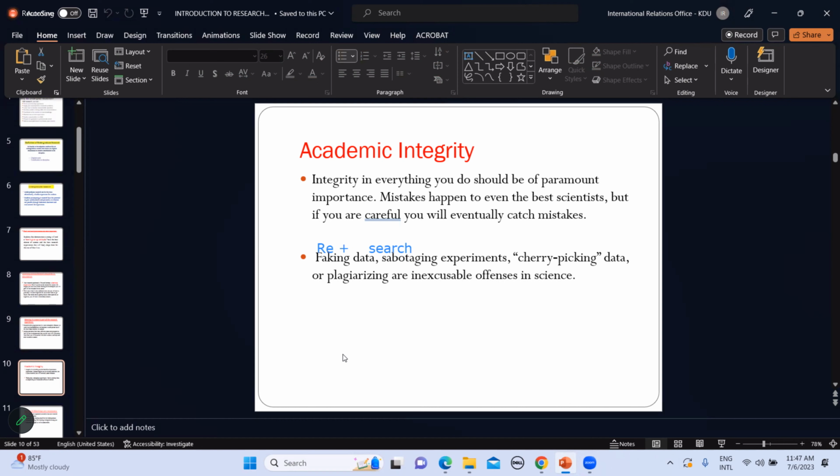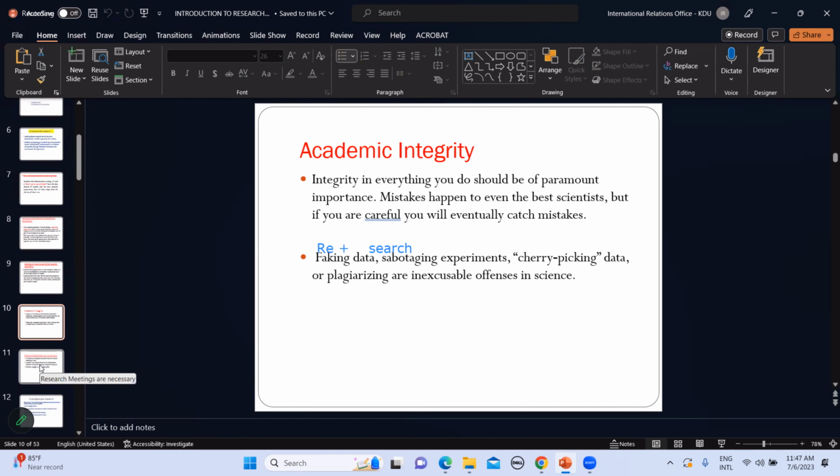Mistakes can happen to even the best scientists. But if you are careful, you will eventually catch the mistakes. Therefore, academic integrity means you should be honest. If you are a student or academic, you should be honest to yourself and to other people. Then you can be a very good student or learner. So what I want to say is that you cannot copy research from other students and produce a research paper or a research report. You will definitely be caught because we are conducting individual